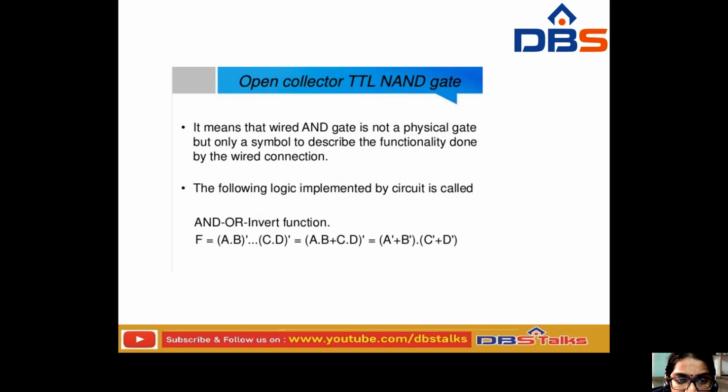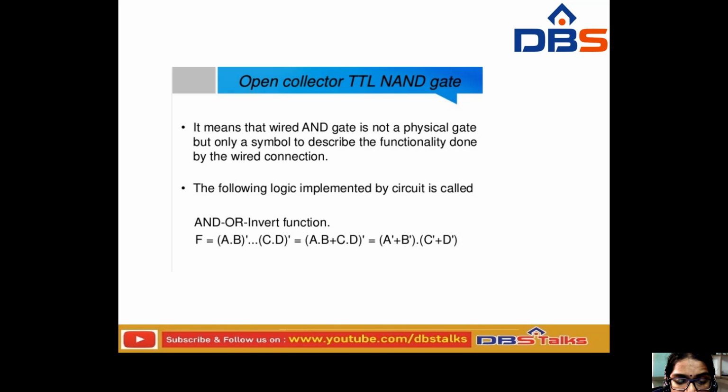Next one, it means that the wired AND gate is not a physical gate, but only a symbol to describe the functionality done by the wired connection. So the following logic implemented by the circuit, we can say, is an AND-OR-invert function. So it should be called A into B dash and so on. So from this we can write like that,